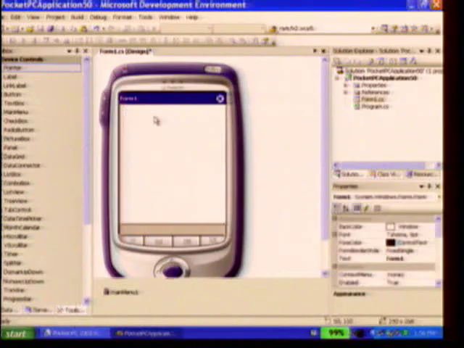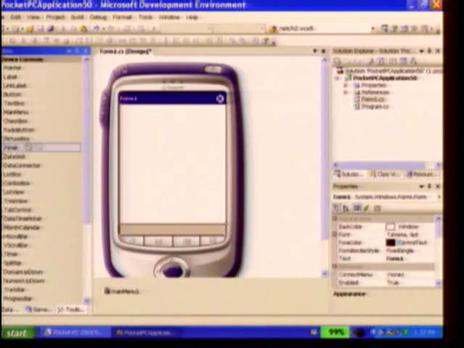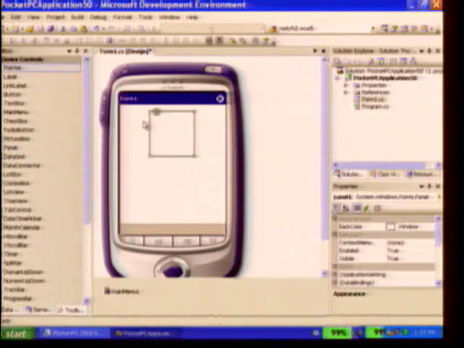I'm actually going to build this web browser application. To build a web browser application, I need two pieces. One of them, I just need an address bar. And then the second thing I need is the web browser control itself. So let's start out with a panel. You've all seen panels before, and maybe you've done this on the desktop, but this is all brand new stuff for devices, and it actually makes it so easy to develop applications. If I take this panel and dock it to the top of the form,